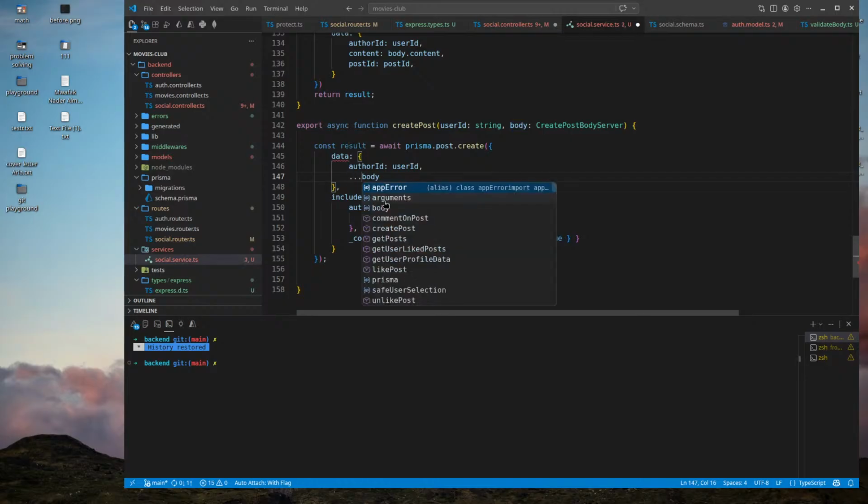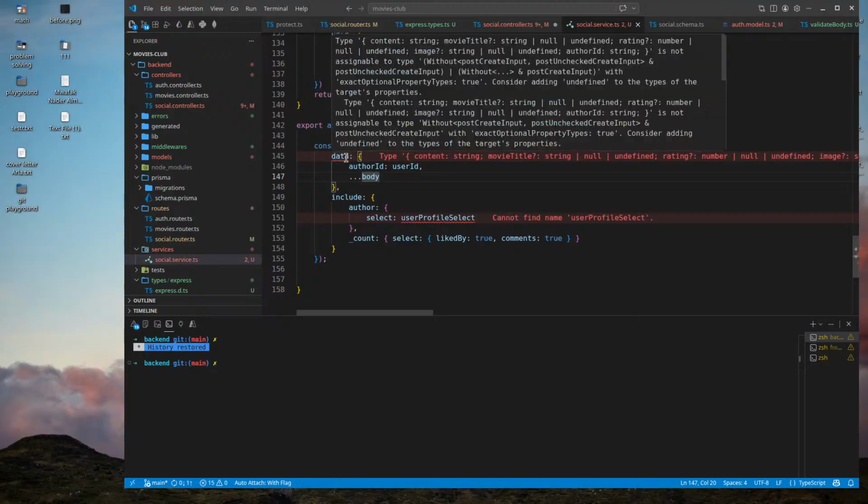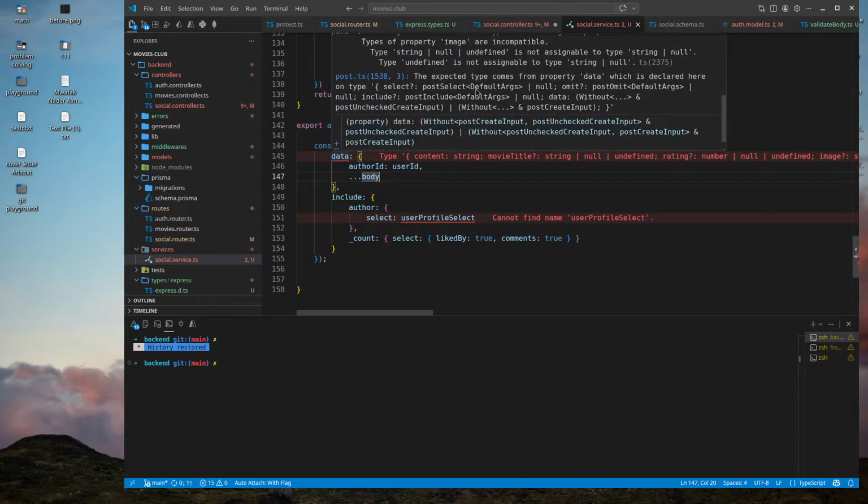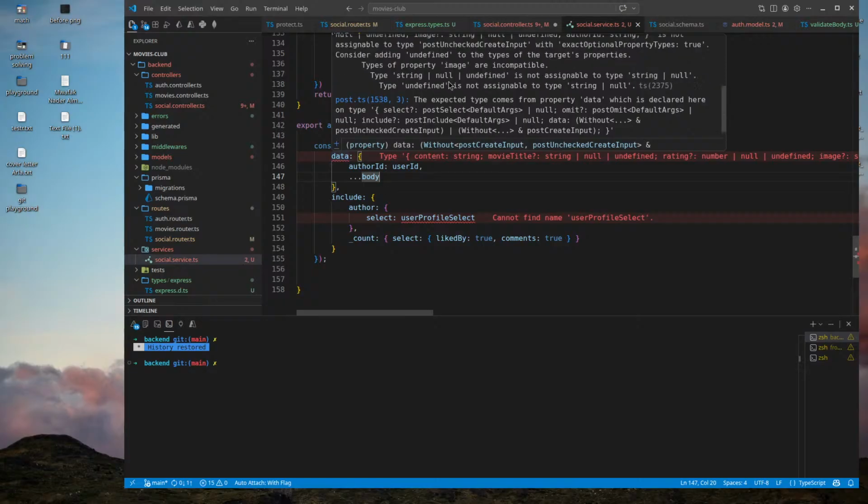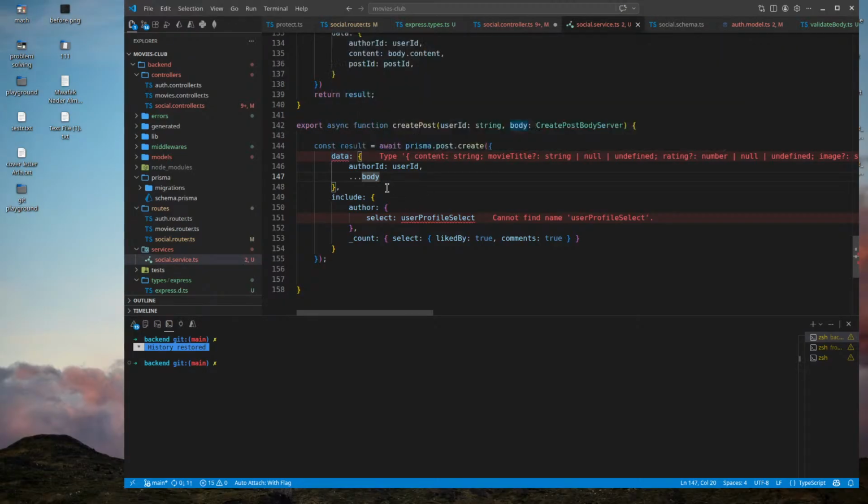How is that possible? I think I should spread. Type content string, type undefined, unassigned type string. Yeah.